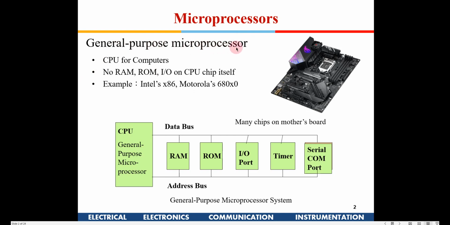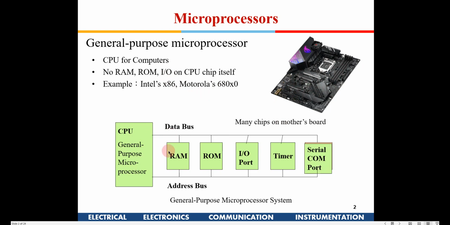General purpose microprocessors are also known as a CPU for computers, that is the central processing unit for computers. Okay. So a microprocessor or a CPU does not have a RAM, ROM, input, output in the chip itself, right? So if you see here, this is a motherboard, and CPU is only the processor which is placed over here. And this motherboard houses the RAM, ROM, input, output, timers, right, and the communication ports